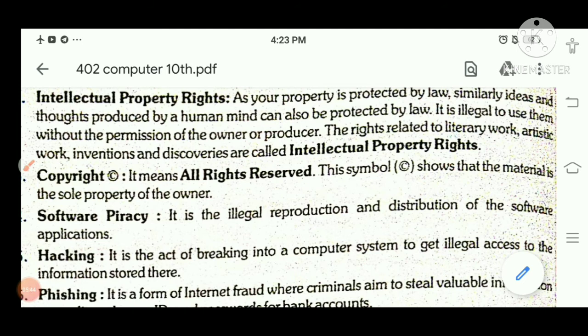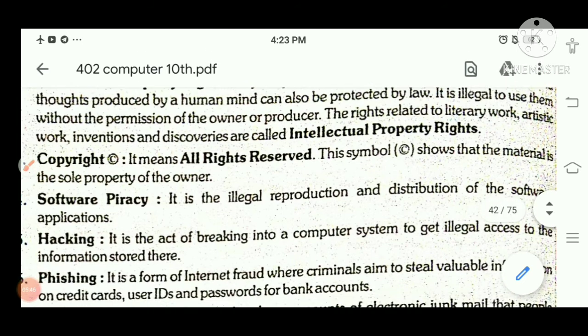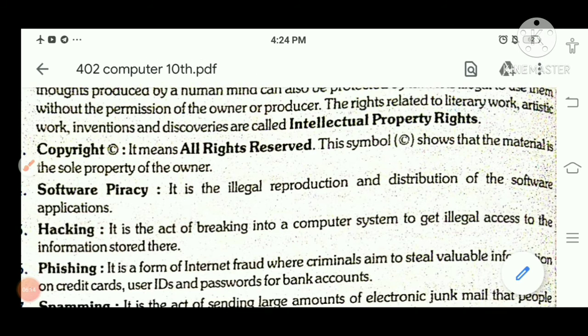योर आइडिया, योर थॉट, योर डिस्कवरी, या कल को कोई बोल दे कि भाई मैंने ऑक्सीजन डिस्कवर किया है, ठीक है, सो मिस्टर प्रिस्टले ही विल परस्यू दे इन यू इन द कोर्ट, तो वहाँ पे आपके ऊपर वो केस हो सकता है, एंड दैट केस इज रजिस्टर्ड अंडर आईटी एक्ट 2000। सो दिस वन इज इंटेलेक्चुअल प्रॉपर्टी राइट कि आपका जो भी थॉट्स हैं, आपके जो भी आइडियाज हैं, इफ समवन इलीगल इज यूजिंग दैट वन, ठीक है, अगर आपके नेम पे रजिस्टर्ड है एंड समवन इलीगल इज यूजिंग दैट वन, you can place or register case against him under IT Act 2000.